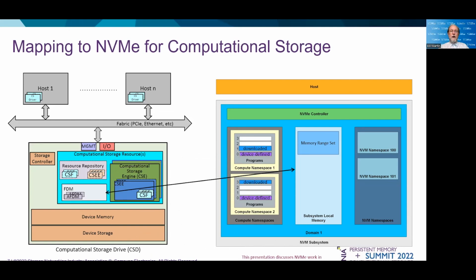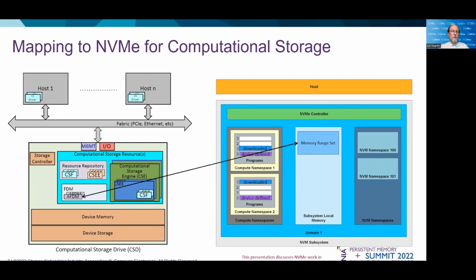So next we have the function data memory. As stated on the previous slide, the function data memory correlates very well with the subsystem local memory being defined in NVMe. So there's no real concerns over that mapping. Additionally, the allocated function data memory correlates with the memory range sets. For more understanding of how the memory range sets are defined and used,